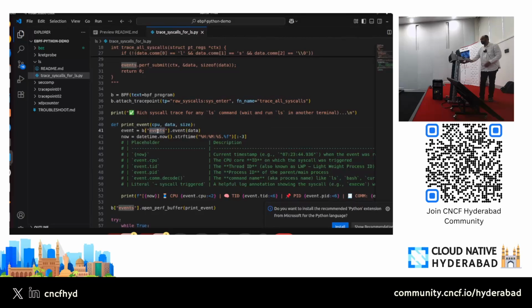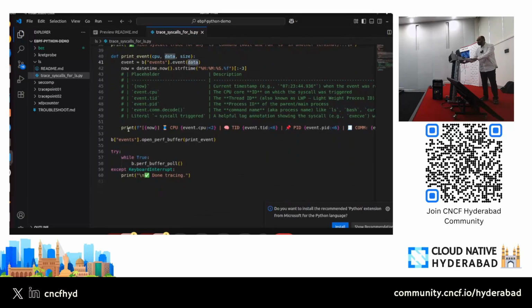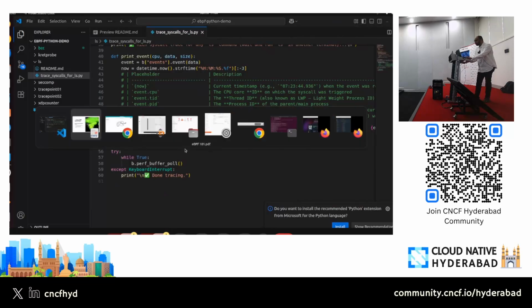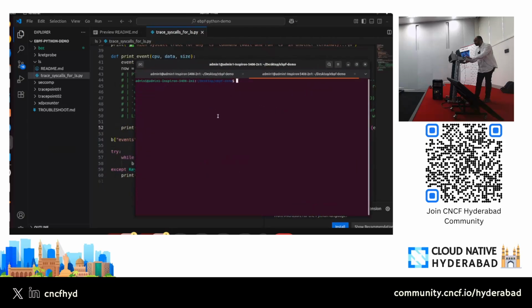You see that in this function we mentioned that from the events I want to get the data. And this is what will be printed whenever this hook gets triggered and your eBPF code runs. So I think I'll give a quick run so that we'll be able to see.